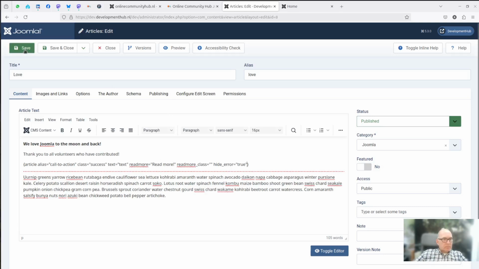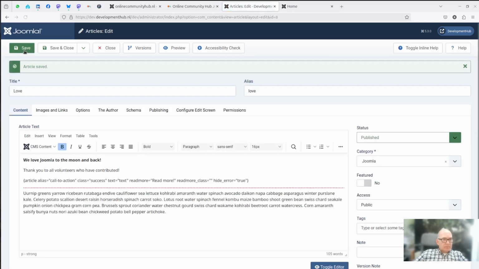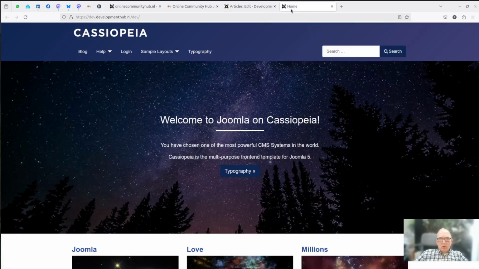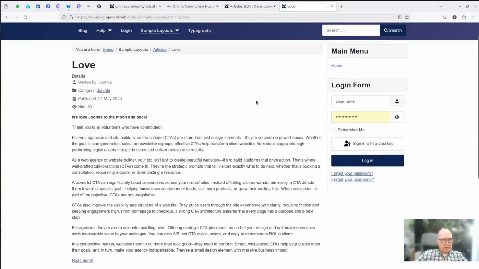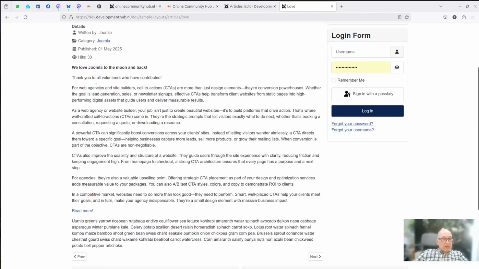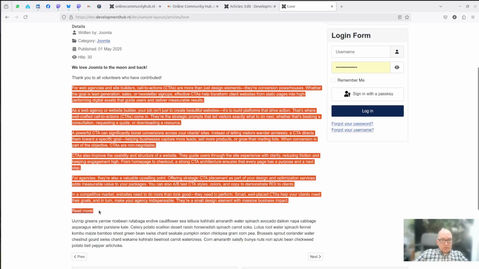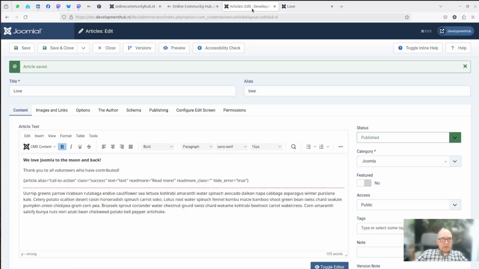Okay. Save. Home. Let's see what happened. Articles love. Okay. So basically this is the injected article with the read more. Let me make that a little bit more clear.